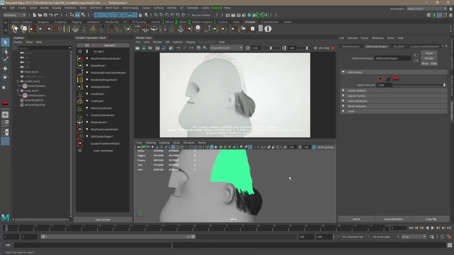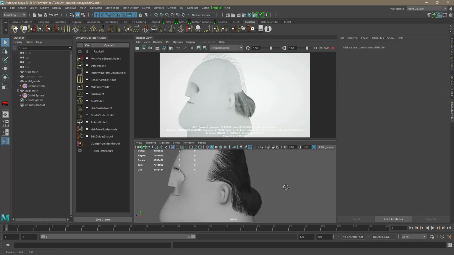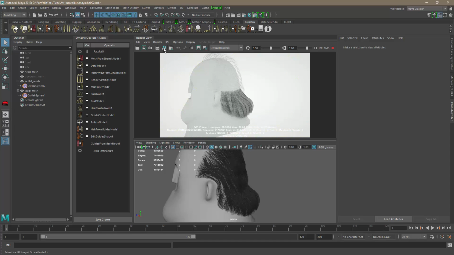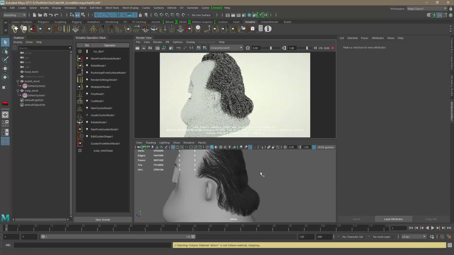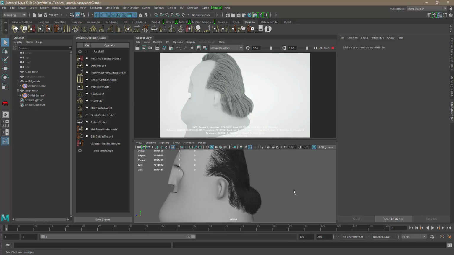Let me deselect this. Okay, that deselected, and so now I can refresh my IPR renderer and see how it looks all together. Okay, there you go. It's about 7.3 million polygons at the moment, and